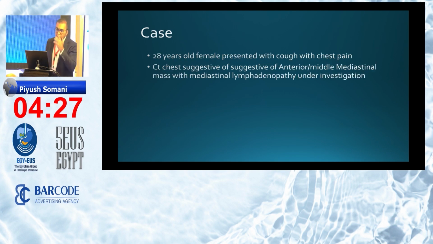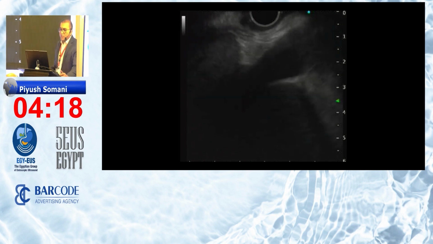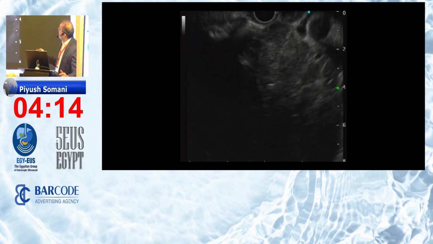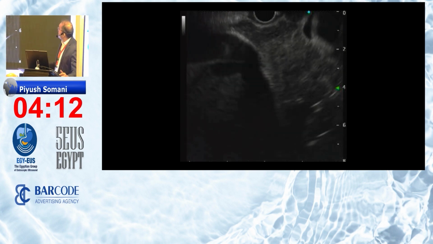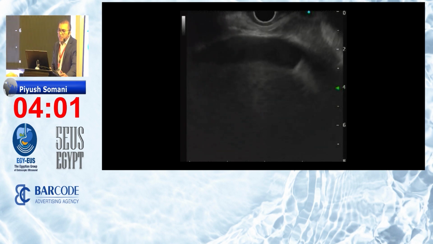A 28-year-old female presented with cough with chest pain, CT suggestive of mediastinal mass with mediastinal lymphadenopathy. Almost similar to the case which I showed just a minute before. We are seeing the liver, we are seeing the inferior vena cava. This is the mediastinal mass which is there, very close to our channel, close to the esophagus. There's no blood vessels around it. It's very close. So paraesophageal mass, we can take a biopsy with a core biopsy in such kind of cases